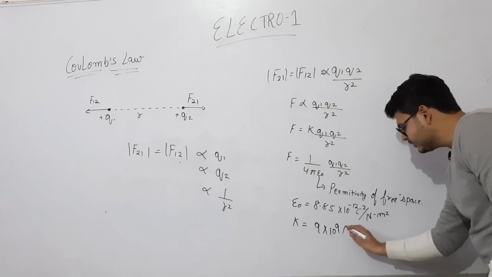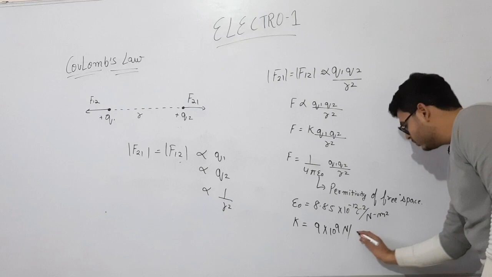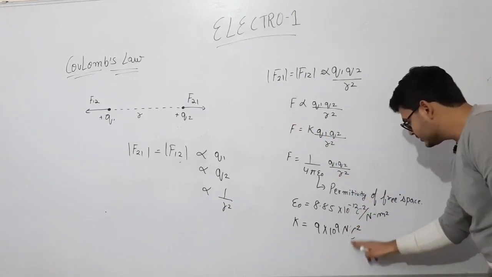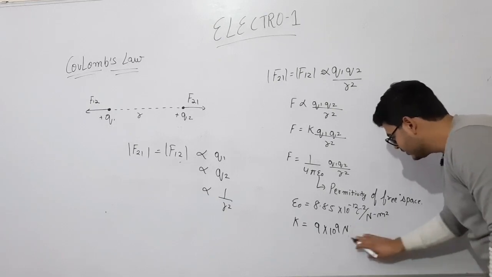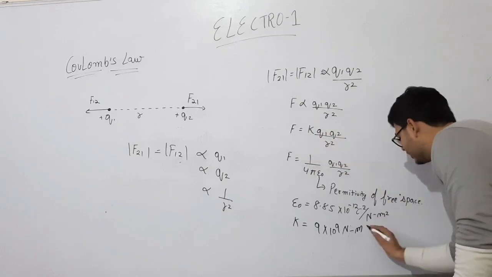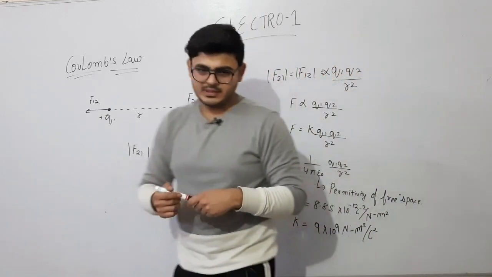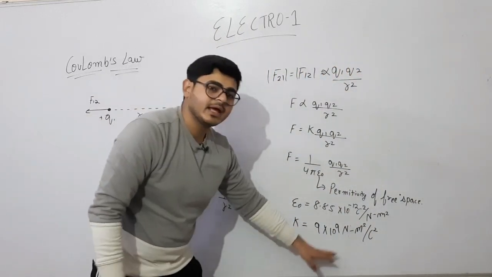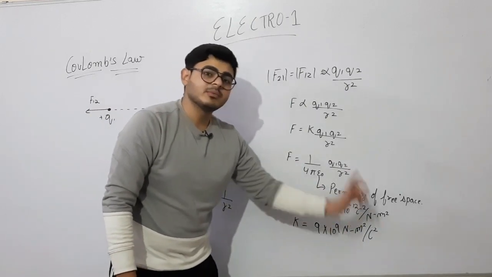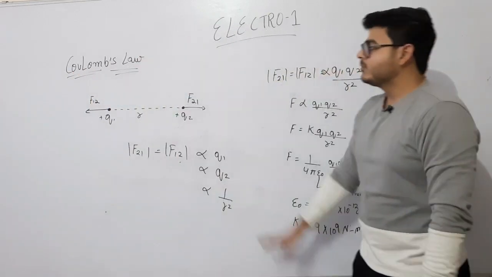F is Newton, divided by, this goes down, coulomb square, this goes up, so this is Newton meter square per coulomb square, inversely basically, right? So k is 9 into 10 to the 9 Newton meter square per coulomb square, and epsilon naught is 8.85 into 10 to the minus 12 coulomb square upon